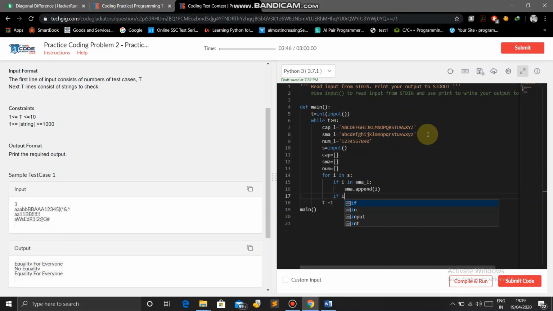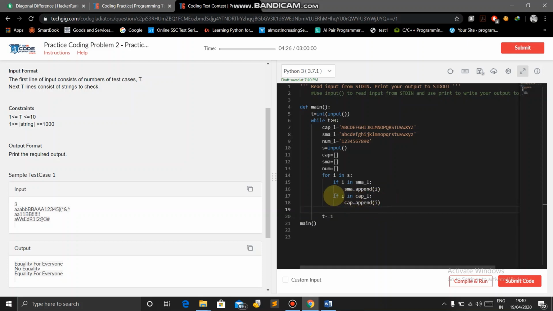If the character is present in the capital letters, then we will push that letter in the cap list, using append.